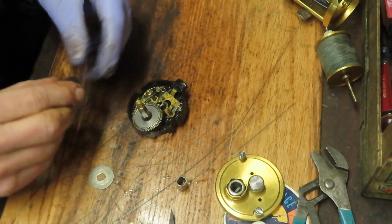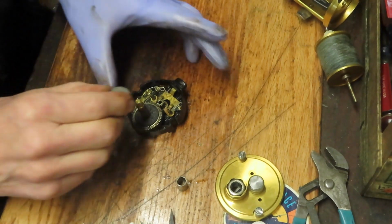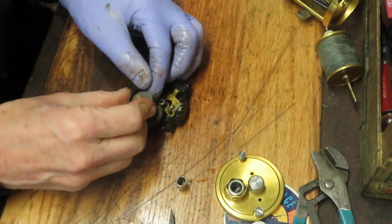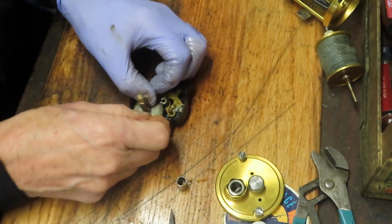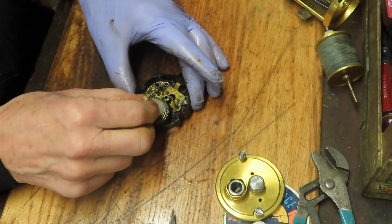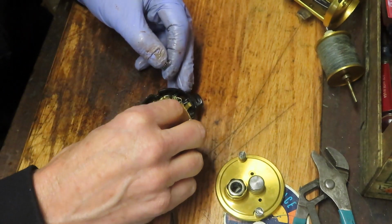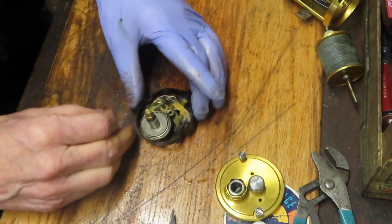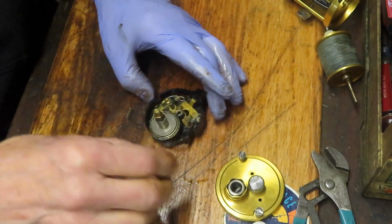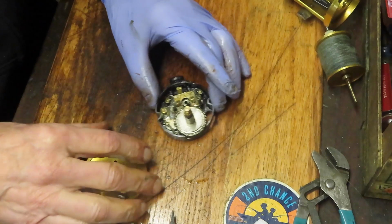So far we've shown you how to take this completely apart on the gear side. And now we're showing you how to put it back together again. We have our two springs. They go next. And from everything that I've examined here, we don't need the pieces and parts. Everything seems to be in good condition